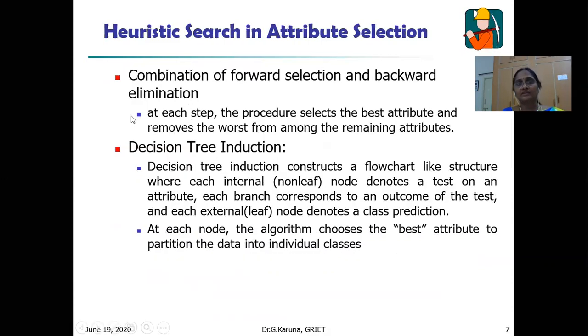Next is the decision tree, or sometimes we can combine both: a combination of forward selection and backward elimination. Both we can use at a time: one step you insert, and another you eliminate. Now coming to decision tree induction. It is a graph-like or flowchart-like structure, where a collection of nodes, each node connected through